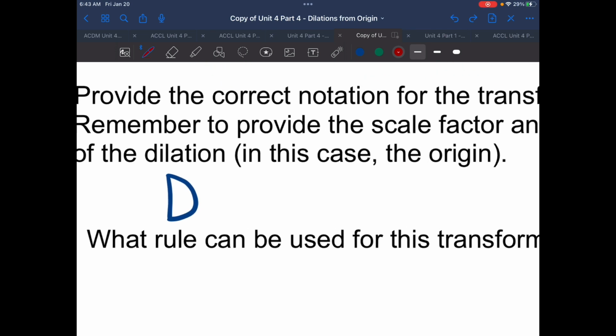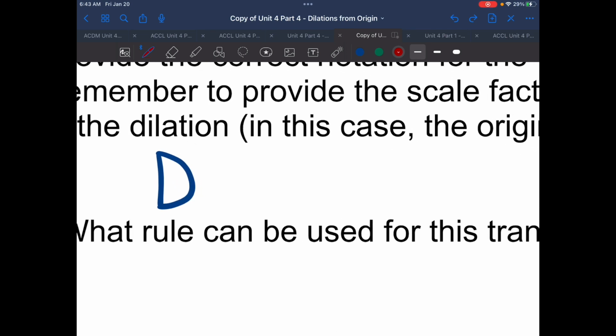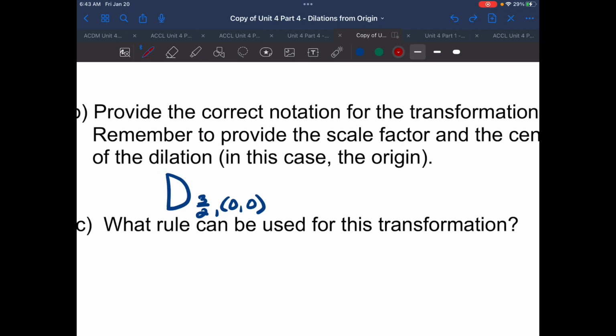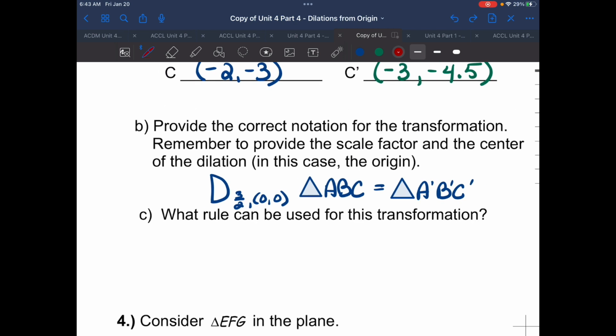There are two bits of information that are important in the subscript. First, we use the scale factor, right? So I'm going to write 3/2. You could even do 1.5. Then I'm also going to write comma, and I want to show the center of dilation. So in this case, again, it's 0, 0. And then, of course, pre-image equals image. All right, so it follows the same kind of pattern that the other transformations use, but now we just have